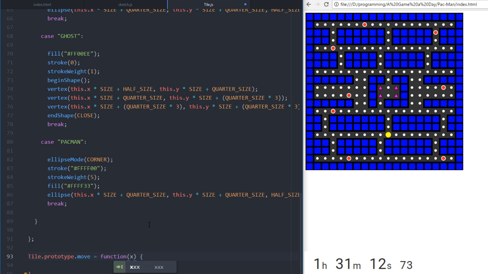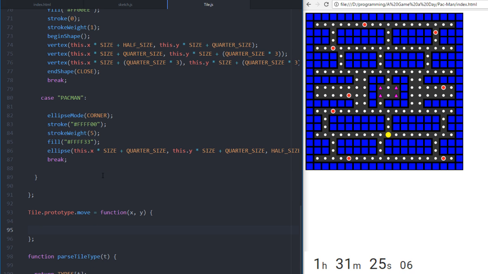Move x on the y, yeah. There we go. When we try to move, we first have to check if they can move there. So we need to get the array element next to it and check if it's a barrier or not. So